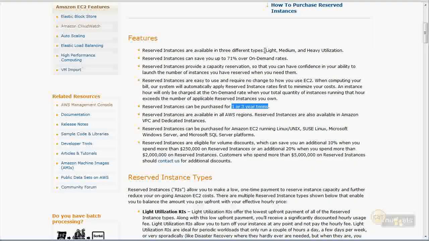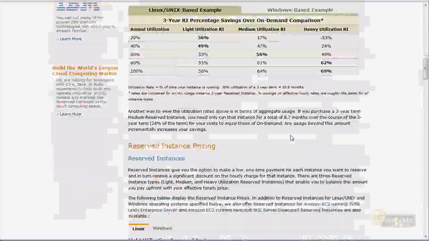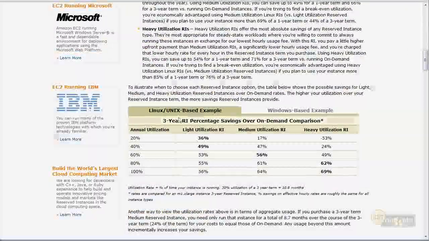But here's the big thing that adds a lot of confusion. You get to reserve the instance based on 2 factors. 1, how big is the server? 2, what utilization of that server do you expect? Putting those 2 pieces together is really hard, but they are different, so that helps out. So take a look right here. First off, they're showing you some 3 years return on investment percentage savings, or sorry, I just made that up. Reserved instance percentage savings over on-demand comparison.